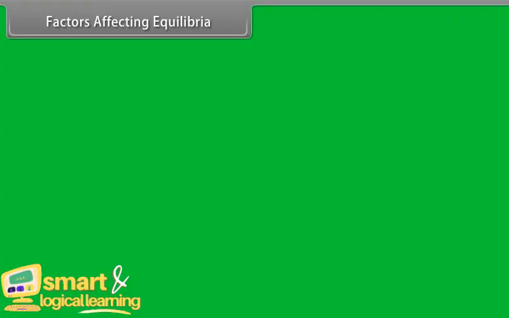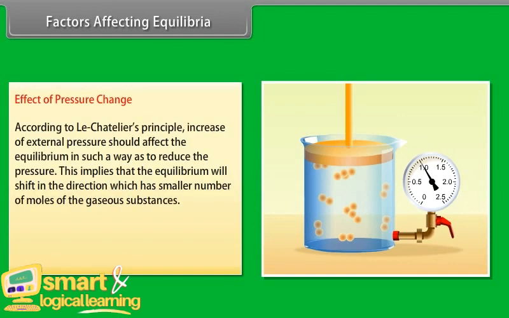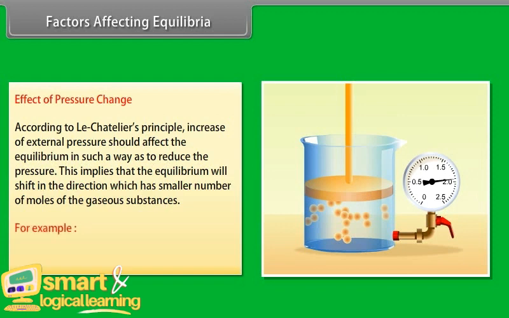Factors affecting equilibria. Effect of pressure change. According to Le Chatelier's principle, an increase of external pressure should affect the equilibrium in such a way as to reduce the pressure. This implies that the equilibrium will shift in the direction which has a smaller number of moles of the gaseous substances. For example,